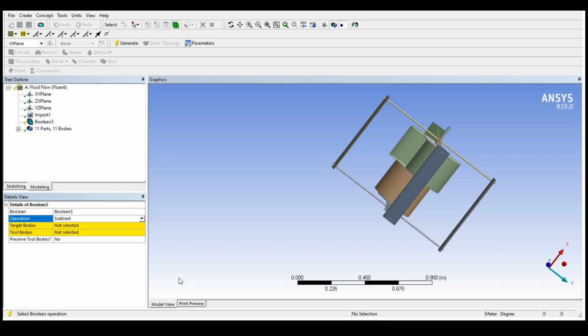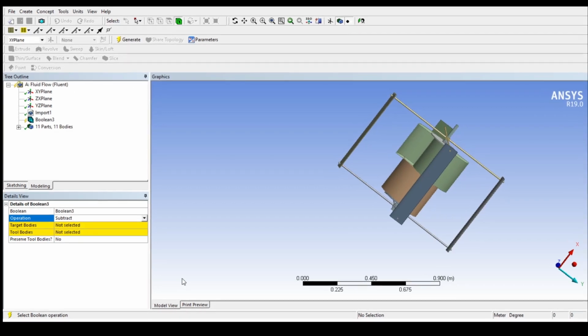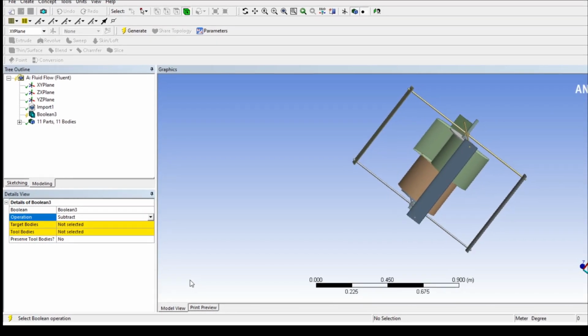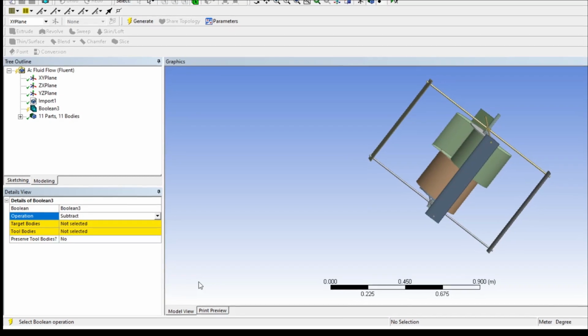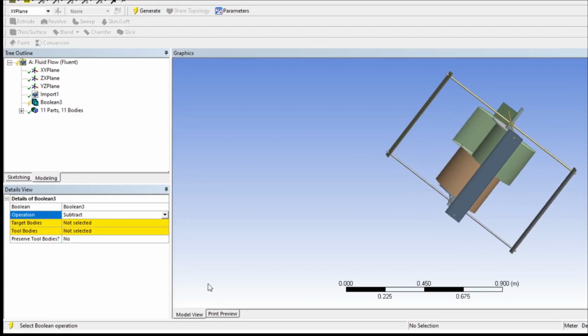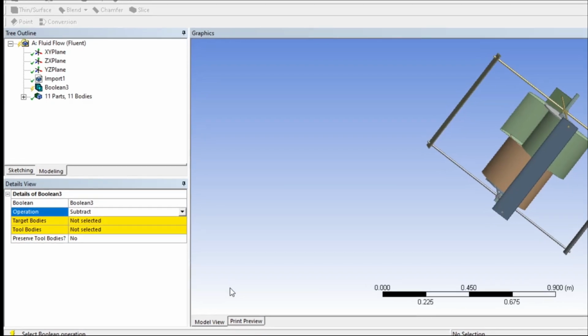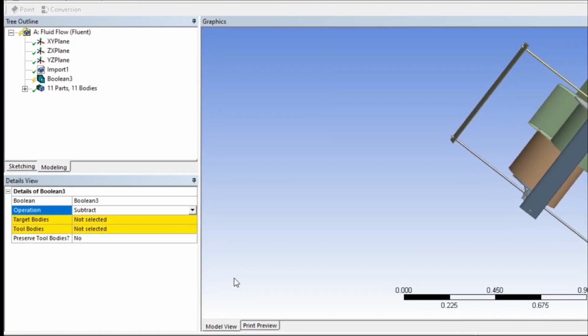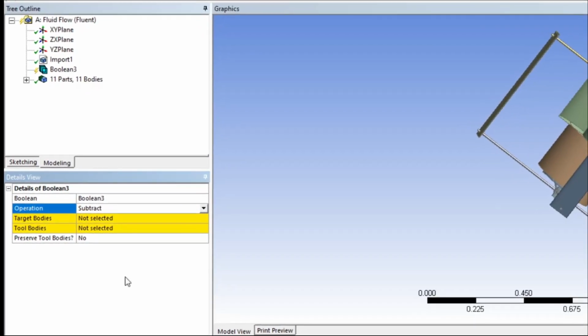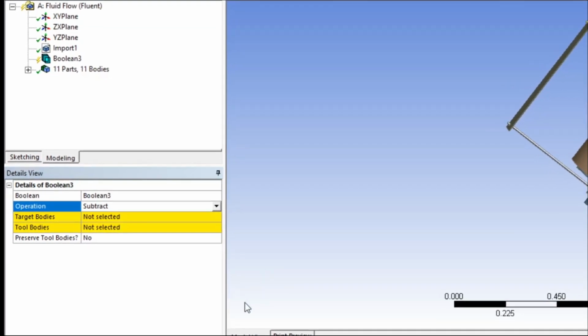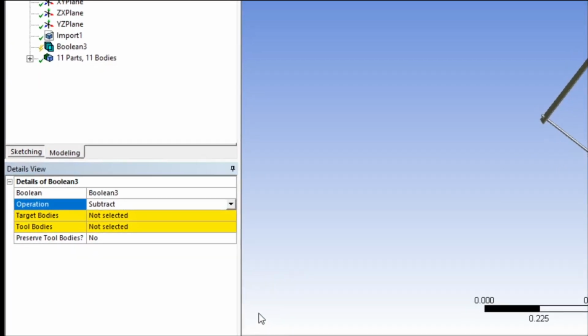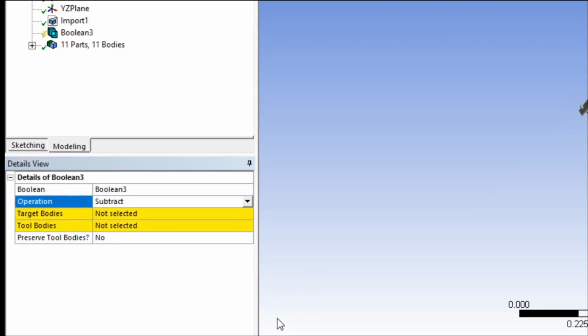First one is the unite operation, and I will be explaining the different operations. Unite operation means that if there are 140 parts, then we can unite them and reduce the number of parts to 10 or 6 or 8, something like that. Then the subtract option. In the subtract option, another geometry can be subtracted from a geometry.